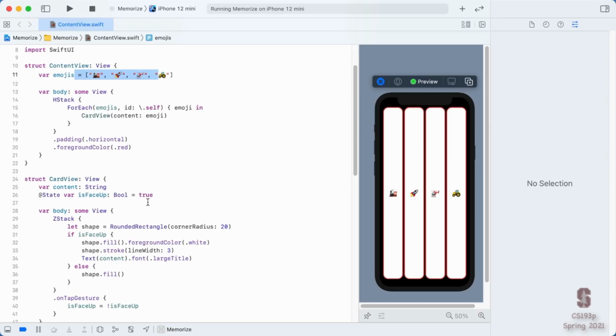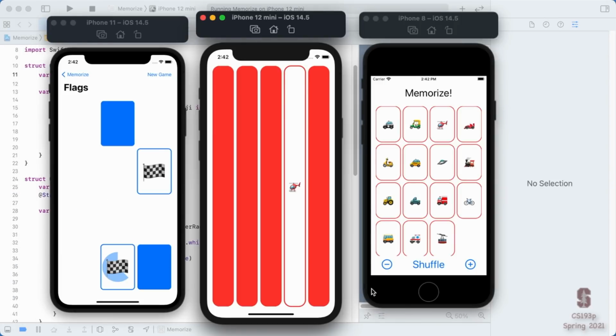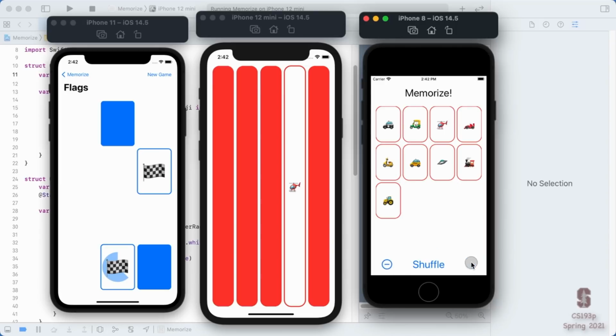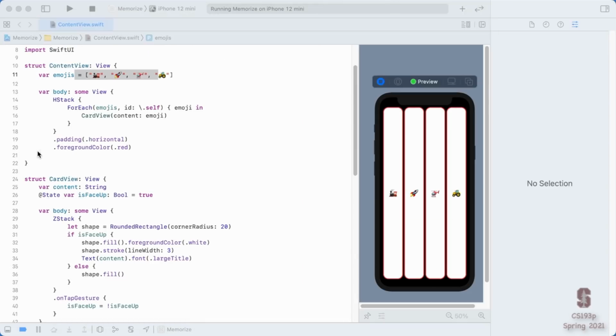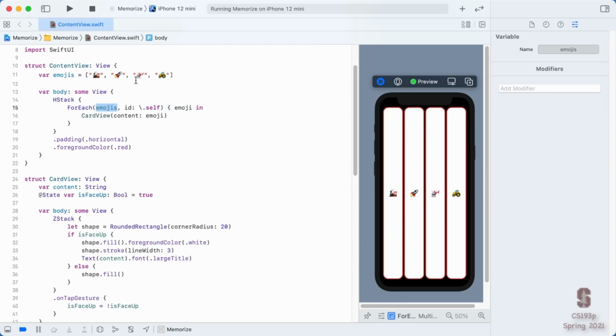Now, the next thing we're going to do is put these little buttons on here. Add cards, remove cards. We want to be able to add and remove cards. And to do that, we can't have this fixed array that is always being entirely displayed right here, because we want to be able to vary the number of things that we're showing. So I'm actually going to do that by creating a much larger array, and then here only showing a subsection of the array, depending on how many of these cards we want to show.